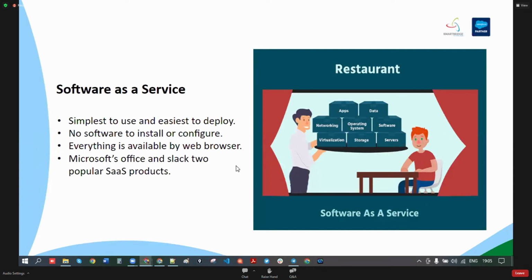And when I'm talking about SaaS, what does it mean? It is like software as a service. What does SaaS stand for? Software as a service. So you come to know how exactly a SaaS model works. So let me go to the next slide